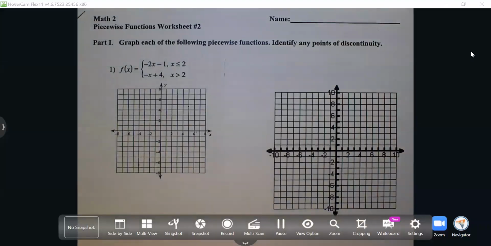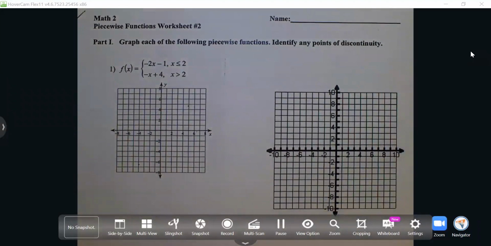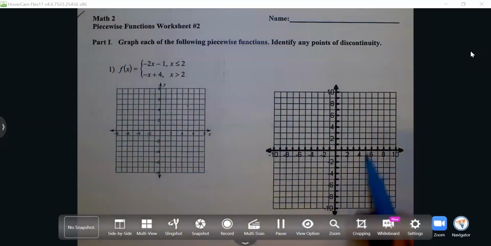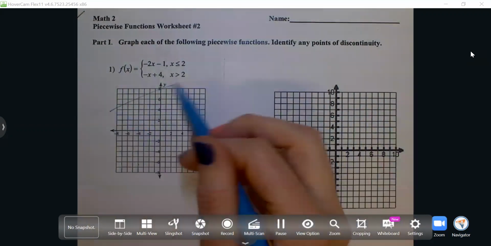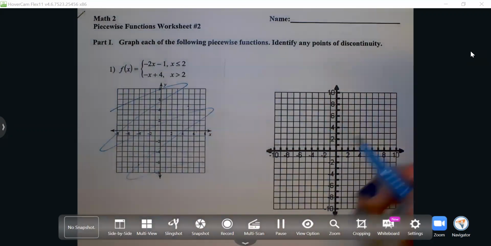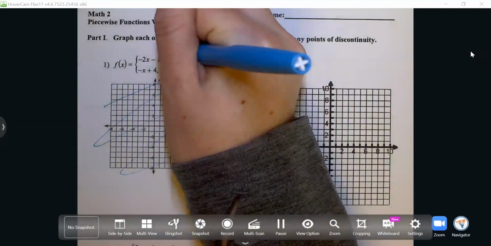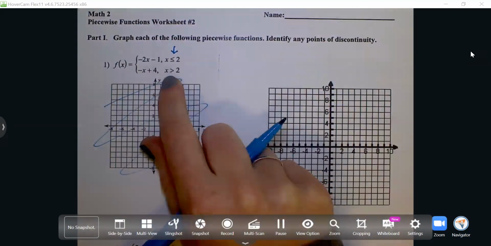All right, today I'm going to do a quick tutorial on how to graph a piecewise function. We're essentially going to graph both of these lines on the same piece of graph paper. I'm going to actually do it over here, so kind of just ignore that little piece of graph paper. And I'm going to split this graph where x is less than or equal to 2 and x is greater